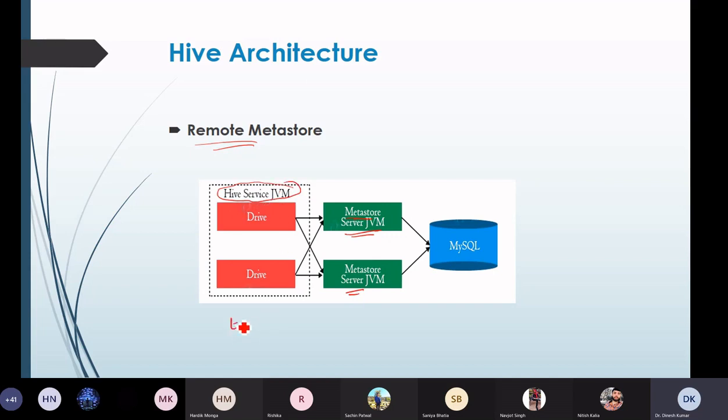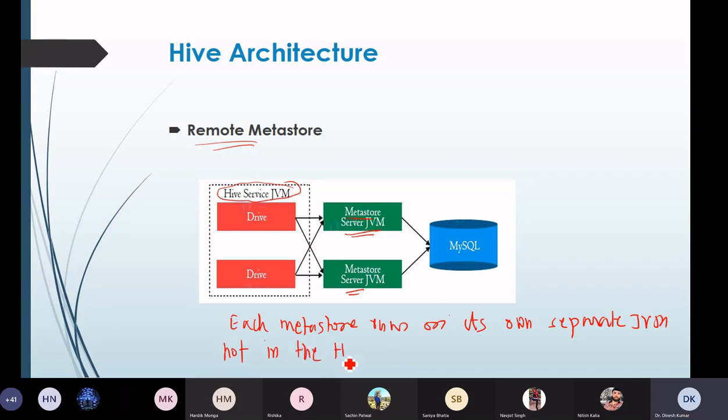Each Metastore runs on its own separate Java virtual machine, not in the Hive service JVM.